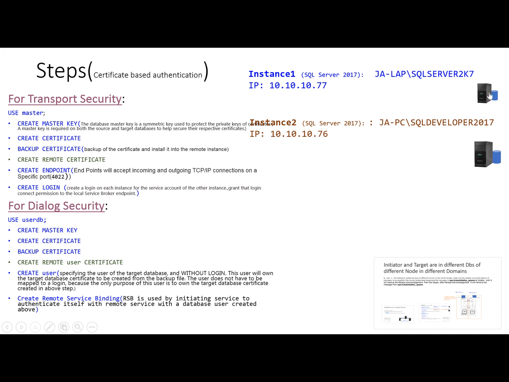And after that, we will create the backup of one instance into the other, and we will install this backup of the certificates of one instance into the other instance, like the certificate which is created for the target database. We will take this certificate and install it on the initiator database, and vice versa. So after that, we have to create the users for these certificates, specifying the user of the target database, and